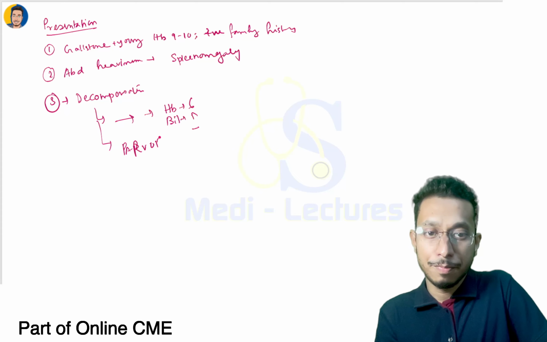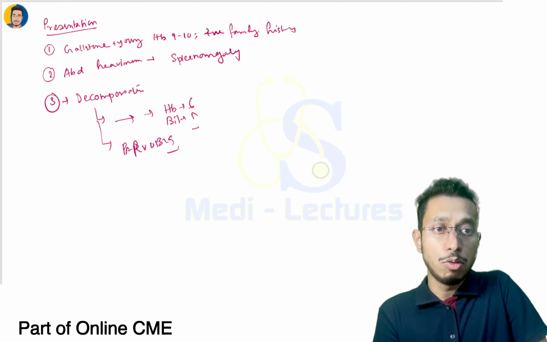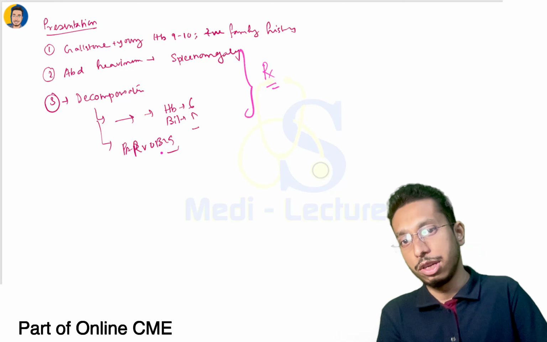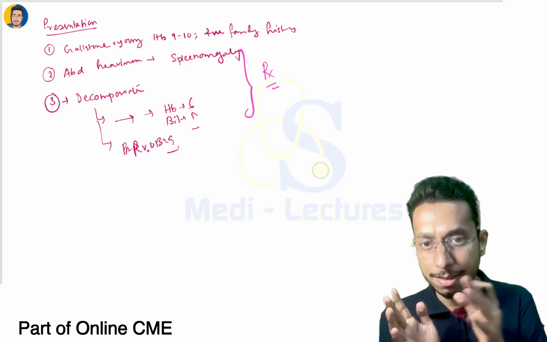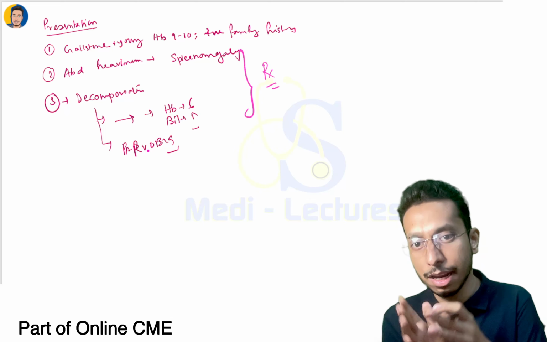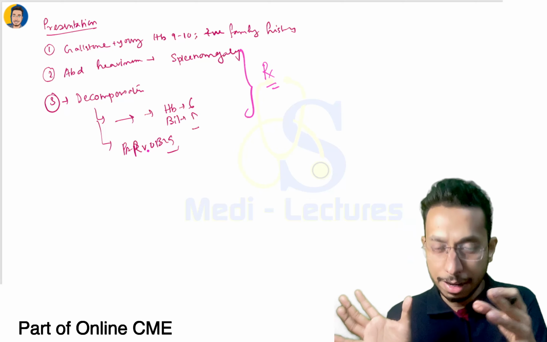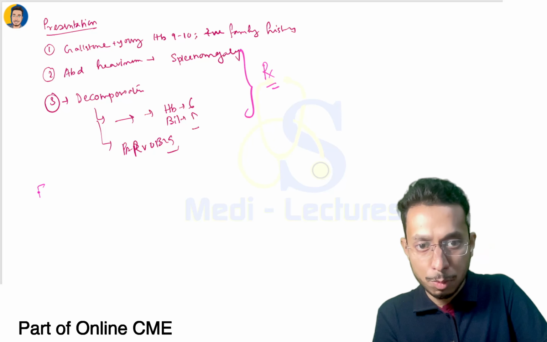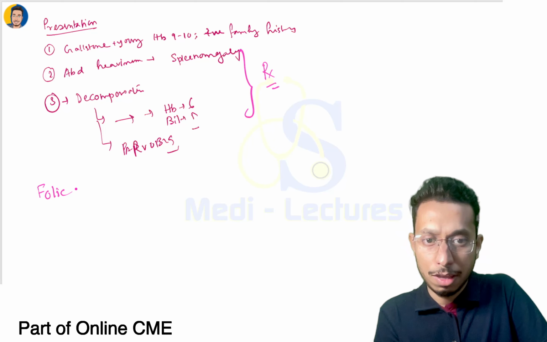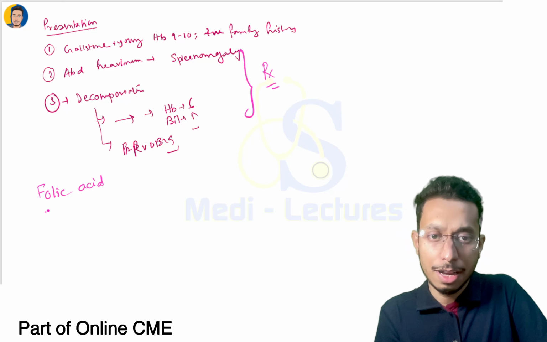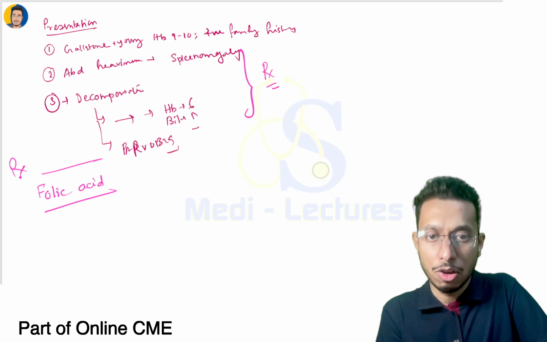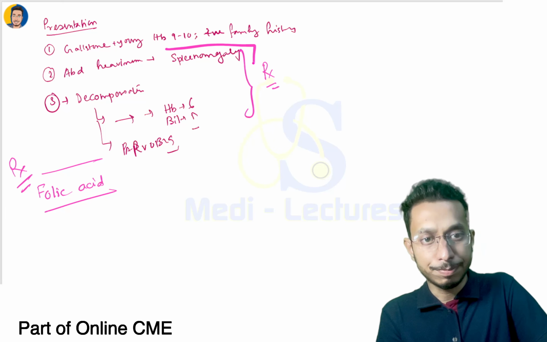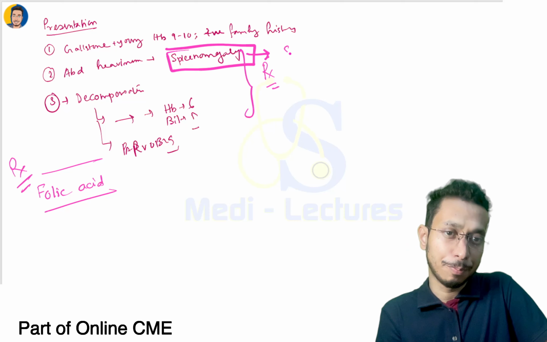Now from here we come to how to treat this patient, or when do we need to go for treatment. Remember, as this is a state of chronic hemolysis and patients are usually stable, it doesn't require any kind of supplementary management apart from supplementing with folic acid, which is a factor required for erythropoiesis, right? There are some cases when you need to go for splenectomy,